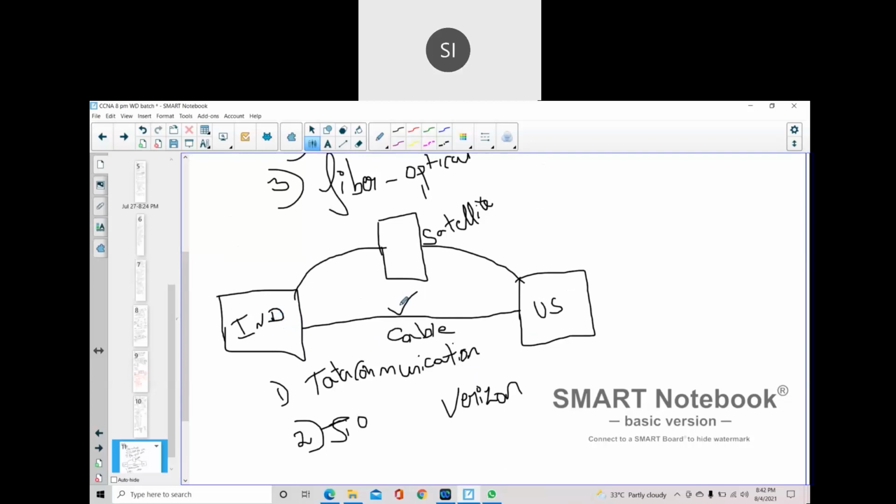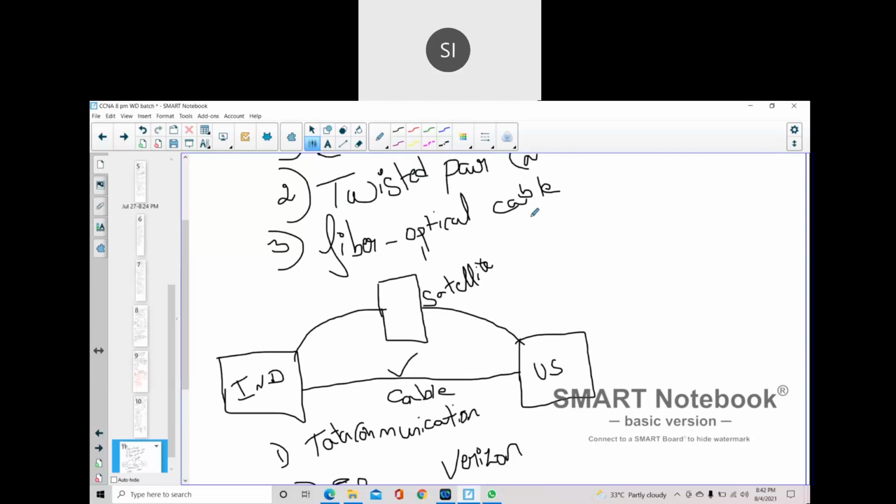So for India to US, we are communicating via cable only, under the sea, with fiber optic cable. Why fiber optic? Because LED transmission is fast and very good. One more advantage is that whatever the distance in kilometers, if you pass an LED light or any flashlight at one end, it will automatically be reflected to the other end if you have proper connectivity. So distance is not an issue, and it will receive the LED transmission.